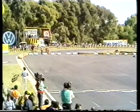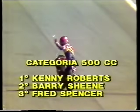Freddie Spencer gives Honda a fine return to the top of motorcycle racing with 3rd place. In 4th place is Uncini. 5th place goes to the Honda of Marco Lucchinelli, and there is the winner. Kenny Roberts just beats Barry Sheene and Freddie Spencer. Well, what a fantastic race. He just throws away the tear-off sheet from his visor. And a brilliant way to start the 1982 motorcycle